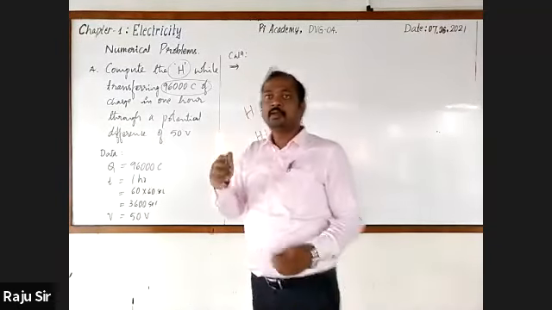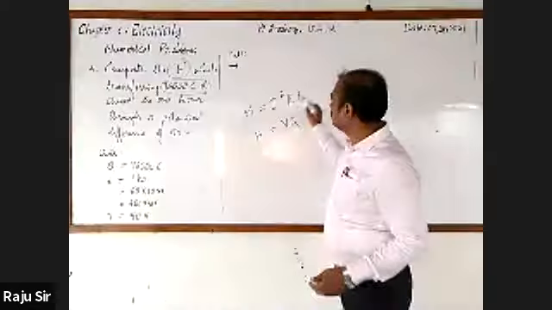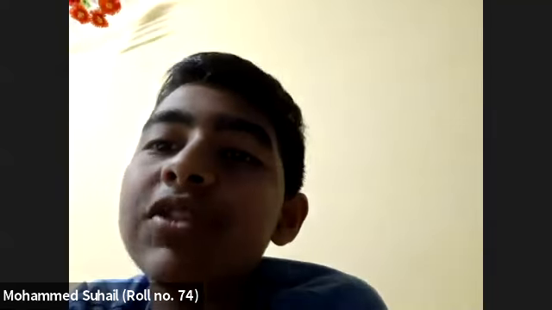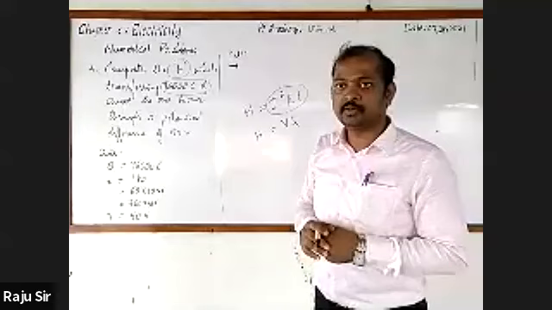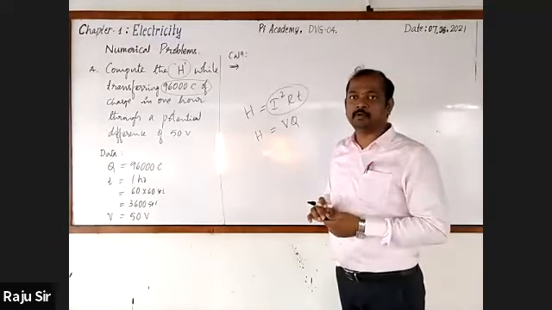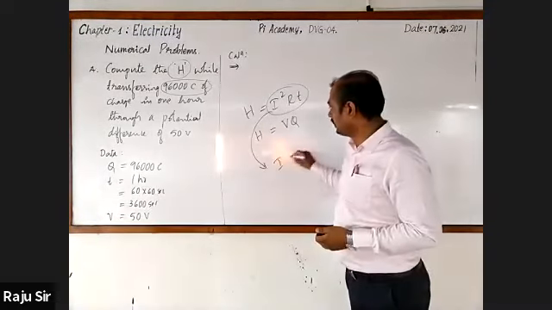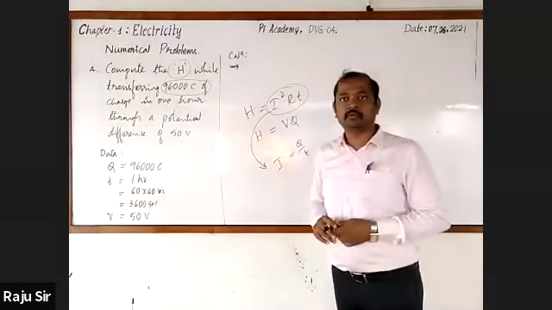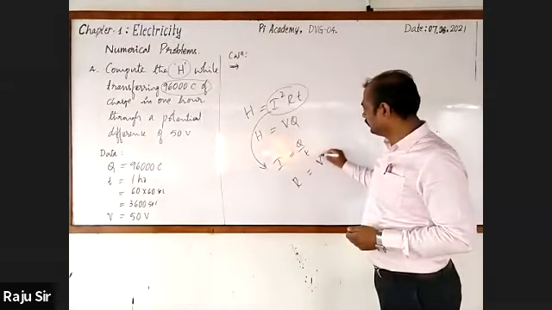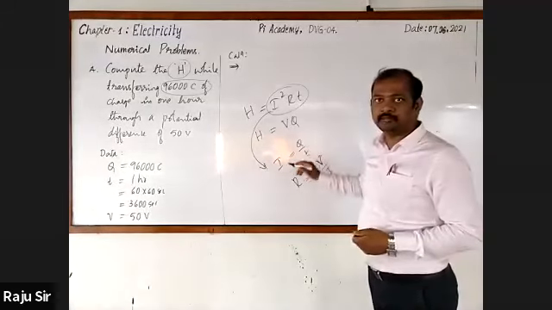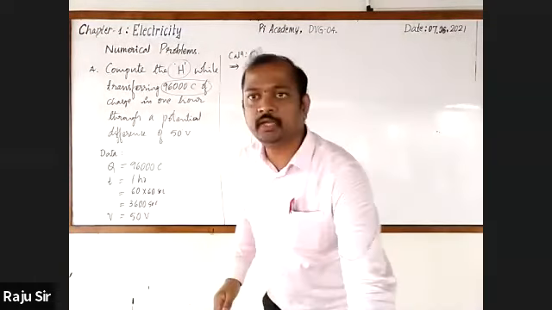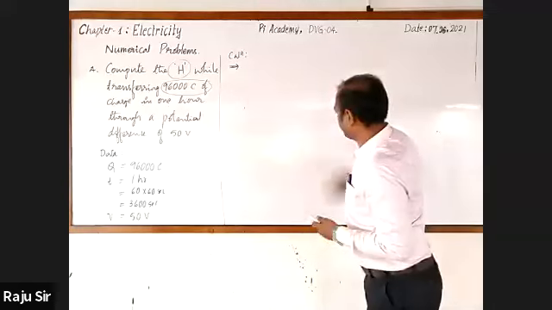Got it? Even here also, can we use this one? Yes, we can use it, but first we should find current I and R. Very good. If you want to use this formula, you have to find out I and R, both. I is equal to Q by T. Q and T are known. And you can also find out R. R is equal to V by I. But it takes more time. So to reduce the time, you can directly use this formula, H is equal to V into Q.